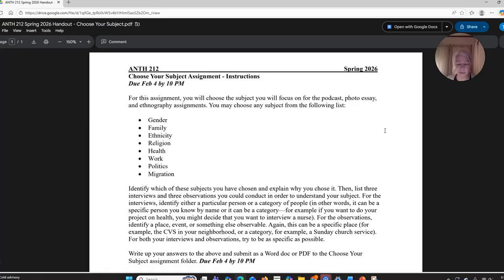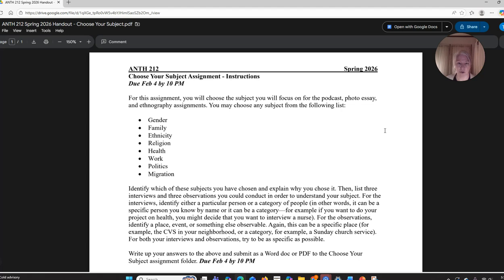So the example I give you is, if you want to do a project on health, and within that you're really interested in the profession of nursing, you could either say in your list for this assignment, I'm going to talk to my cousin so-and-so who's a nurse, or you could just say, I would really like to interview an ER nurse. It's a category. You don't yet know who that person is, and you may not ultimately do that interview. That's fine too. But just think about what you want to know about your subject and who a good pick for an interview would be based on that. Same with the observations, right?